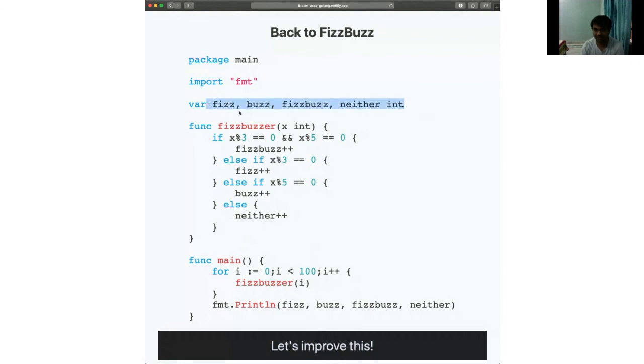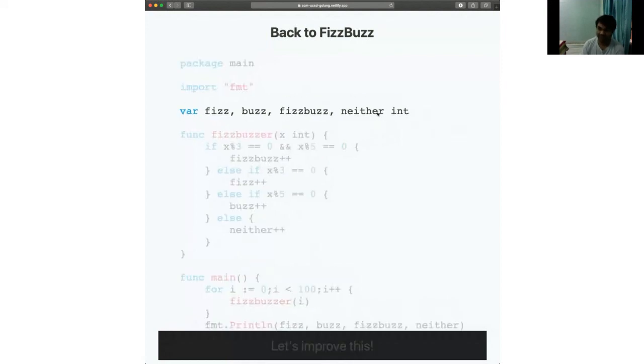Here we have a bunch of variables, right? There's 4 of them. That's a lot of variables. What if I have to add another fizz, buzz, and a third one like bez or something? That would be 2 to the 3, 8 variables instead of 4. And that's exponential growth. So let's use a map instead.